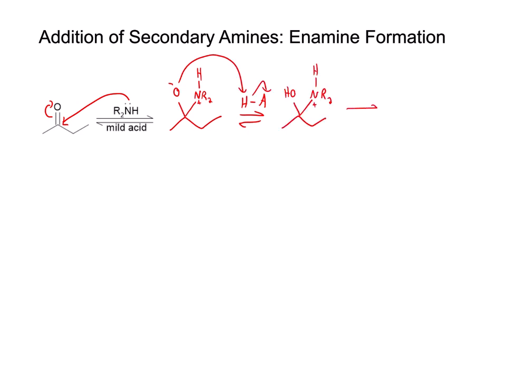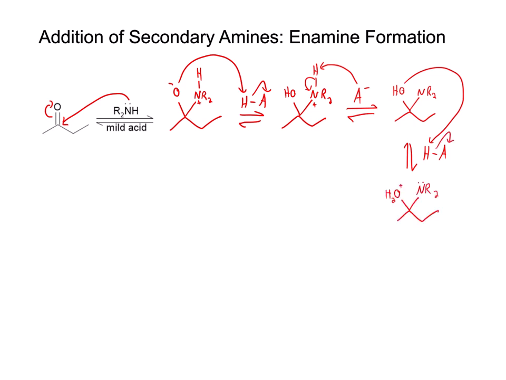In our second proton transfer step, that conjugate base is going to deprotonate that nitrogen, restoring neutrality to the nitrogen. From here, of course, we're going to have yet another proton transfer step involving our mild acid, and the oxygen is going to grab the hydrogen. That creates the good leaving group, OH2, which is then going to leave, and the lone pair on the nitrogen is going to come back down and form a double bond. That, of course, gives us our iminium ion,